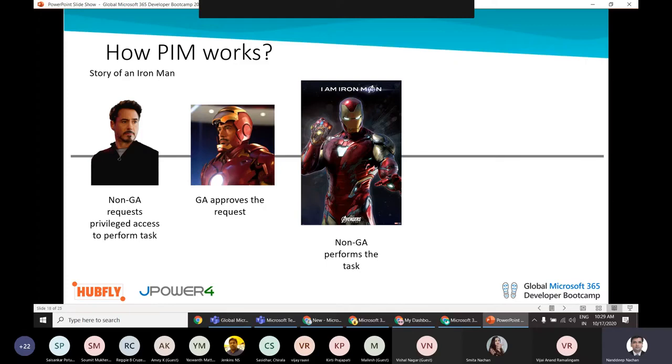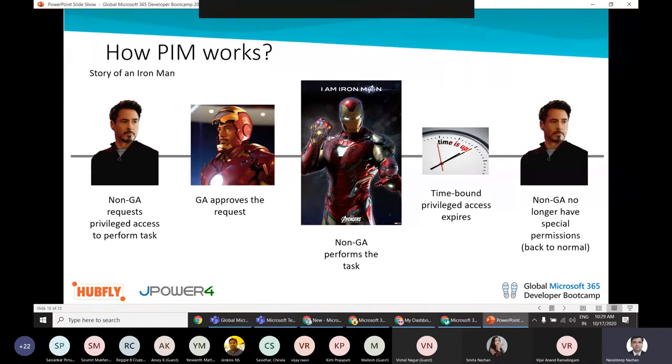Now that he's an Iron Man, he can go ahead and perform the task which he needed to work on, and he's kind of a super user or super administrator from that task's perspective. But once he's done with that work, the time-bound privileged access lapses, and he comes back to being the normal administrator, so he will not be able to perform those special tasks. He's back to the normal privileges that he had.